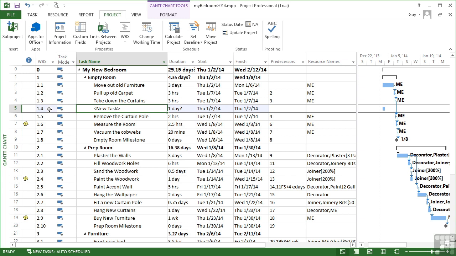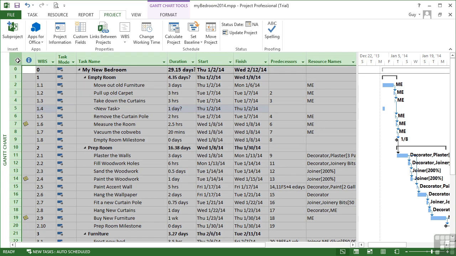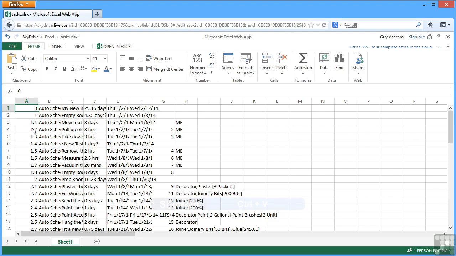Now the whole point in having these WBS codes is for referencing your tasks externally to Microsoft Project with what hopefully would be a unique reference. So if we inserted the WBS column as we have here, we could then take our data, let's just click here to select the whole table, copy that, move around to Excel, and then paste quite happily into an Excel spreadsheet where we then see the WBS column,